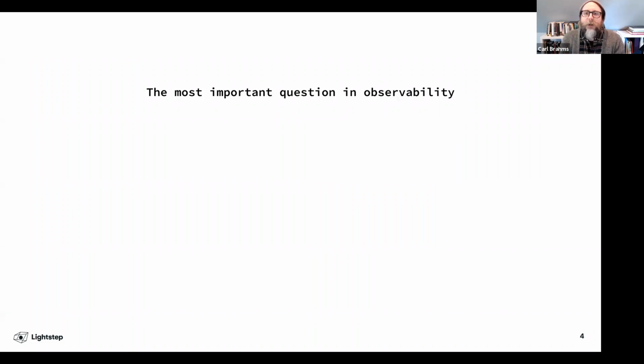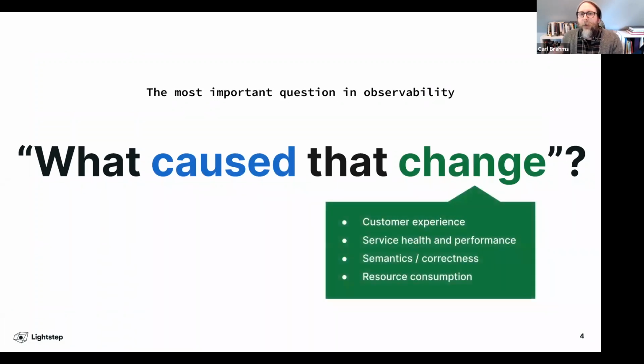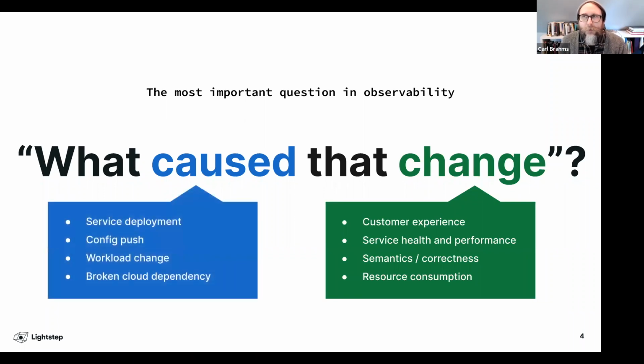Observability is whatever helps you understand one fundamental question about your system. What caused that change? Change is the inevitable constant in a distributed system, whether it's planned or unplanned. This could be a change in traffic patterns or performance. Something is always changing. It's a fun fact that 70% or more of production incidents are caused by intentional software